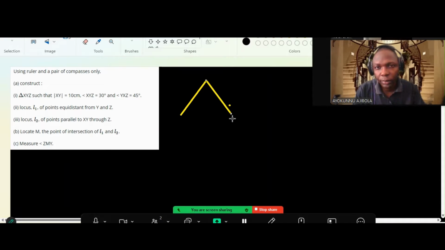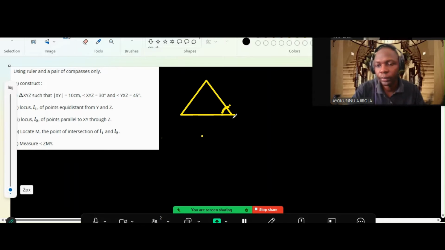If we have something like this, it says angle Y is 30. So if this place is 30, that'll be Y, this will be X, and this will be Z. Then angle